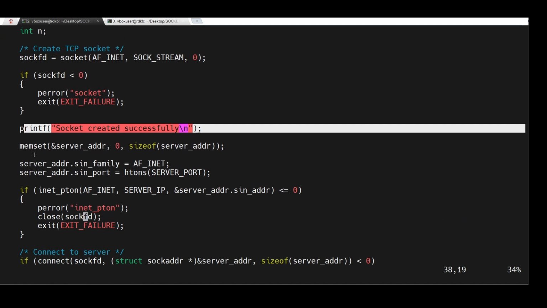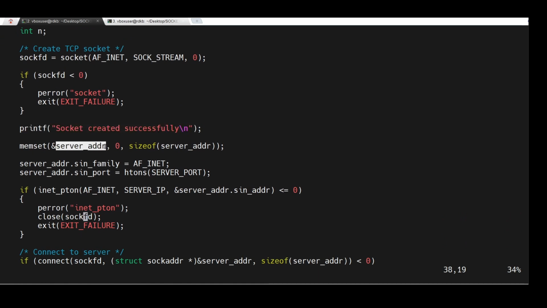Okay. So then next is a server address. This is the address of our server. There are two things in this. First is the family, that could be AF_INET, and that is IPv4, so we are connecting to an IPv4 address. And here we have the port. We are converting our ASCII text into binary format, so that's why we are using htons here to convert it into a binary format for this